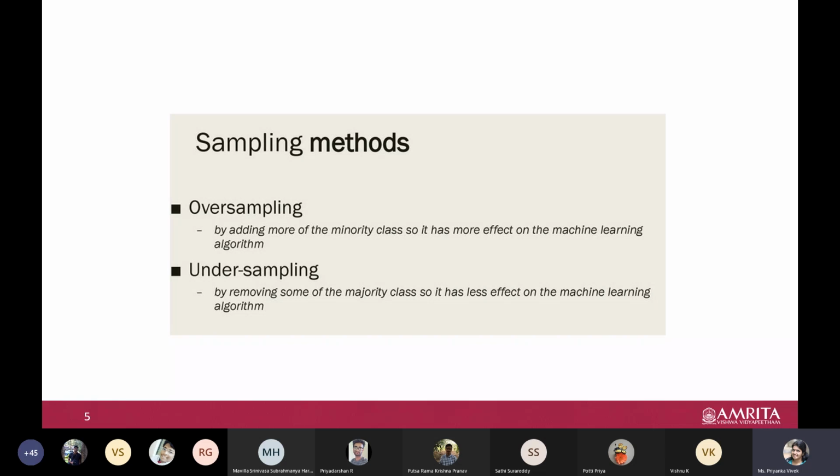The main difficulty is when you have a small number of samples. For example, say I have only 1000 samples. If I remove a few more samples from that, it may not make sense. The model also should have enough data to learn. So if you have few samples, of course, undersampling is not an approach. It is possible only if you have a large, good enough set of samples. Also, when you remove samples, maybe we are losing a good amount of information.